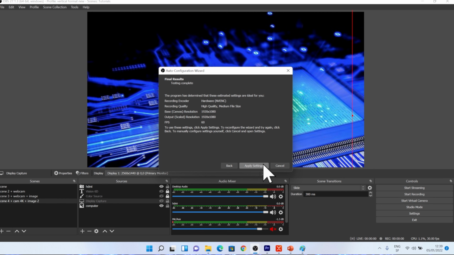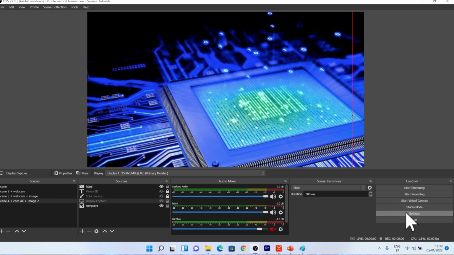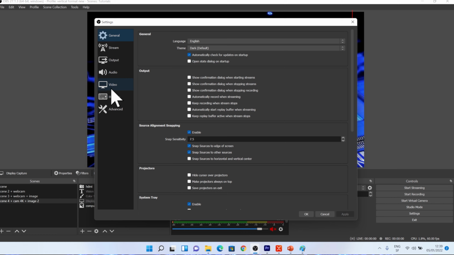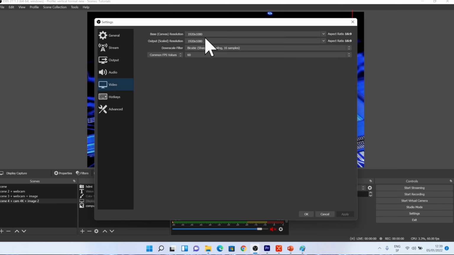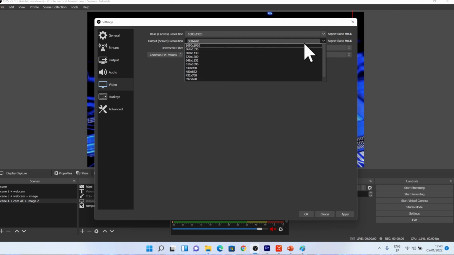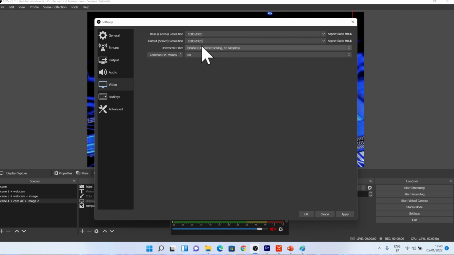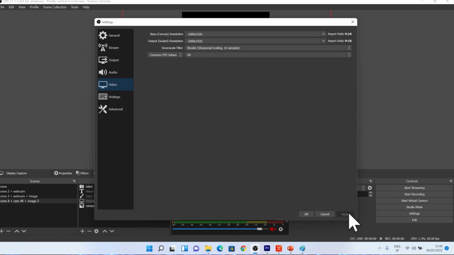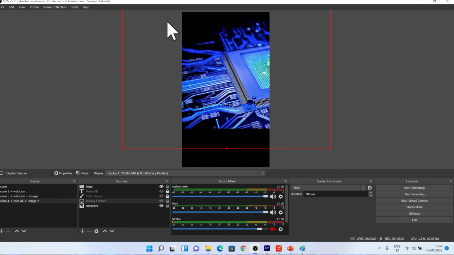And here again I say next, and I will now have to go and modify the settings to have the vertical format. So I go into video, what we did before, and I'm going to key in the 1080 by 1920. This is defined here, and since I want to have the same ratio for the output, I'm also selecting it at the same time. Like that, I can say apply, and now I have my